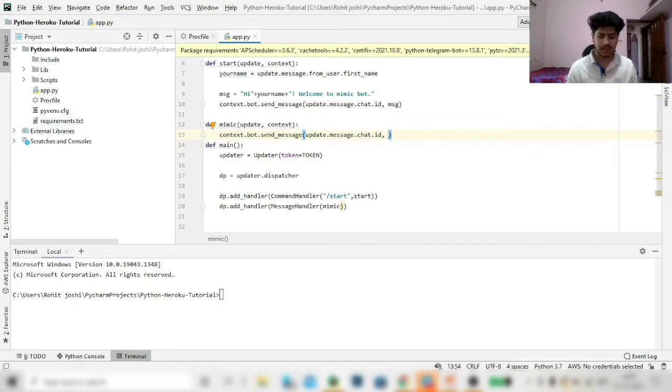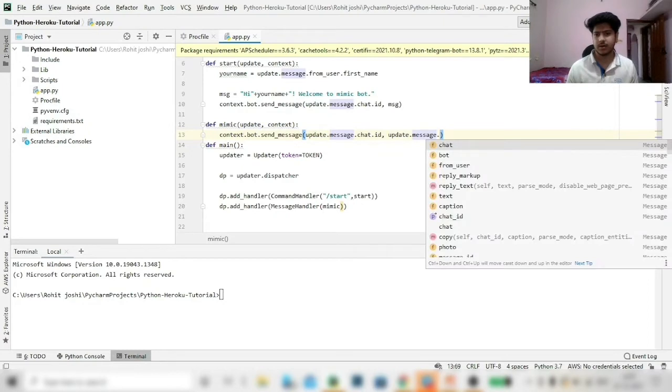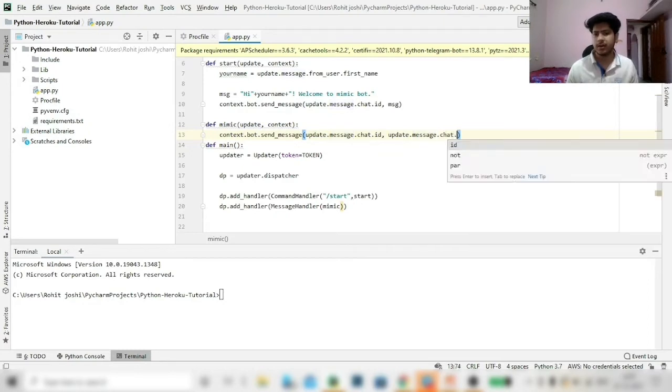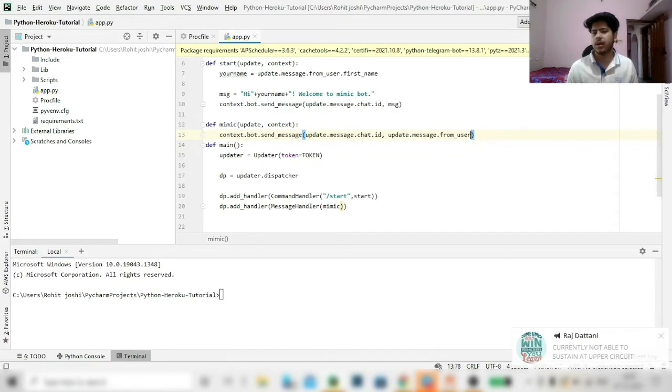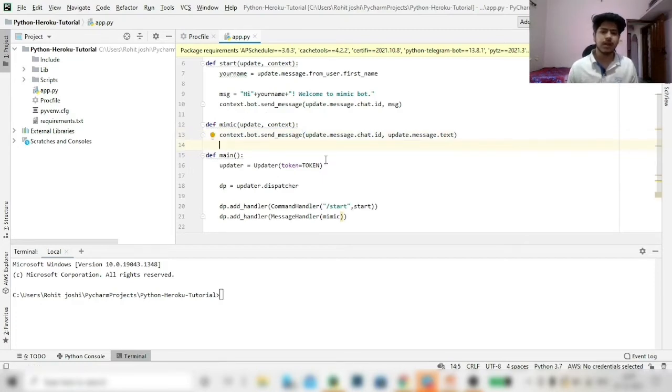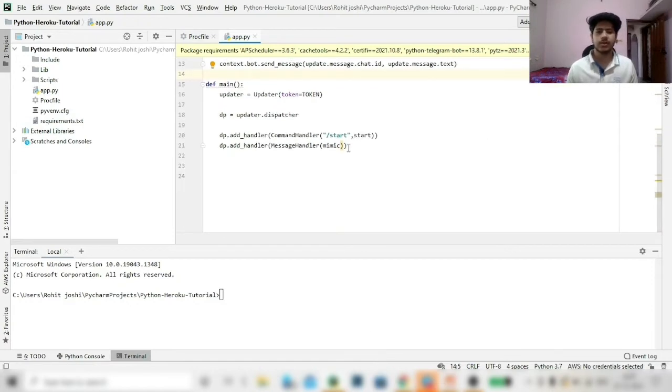So how can we get that message? We can get that message by update.message.text. So in this case, whatever you send to the bot will be replied back the same to you. So this is for the message handler.